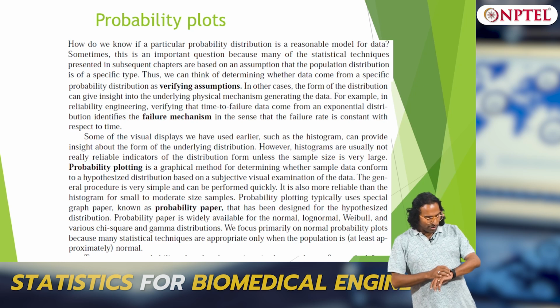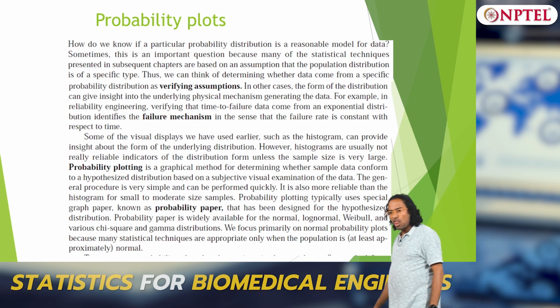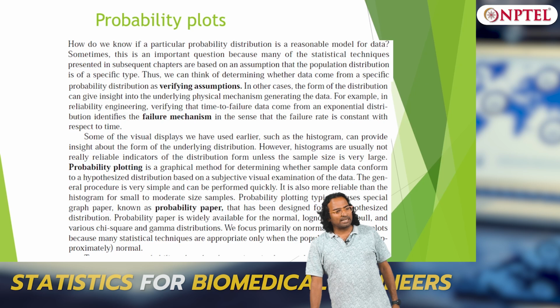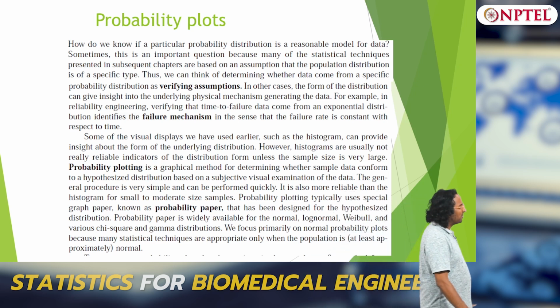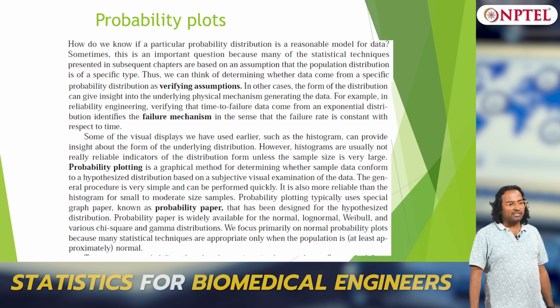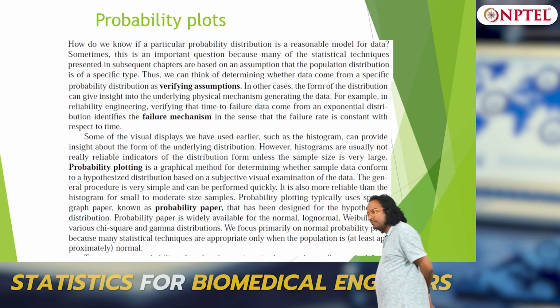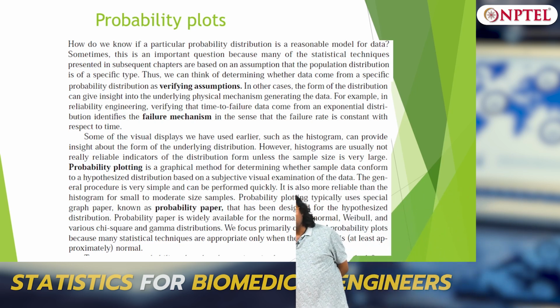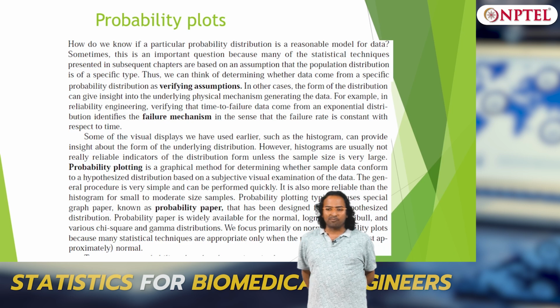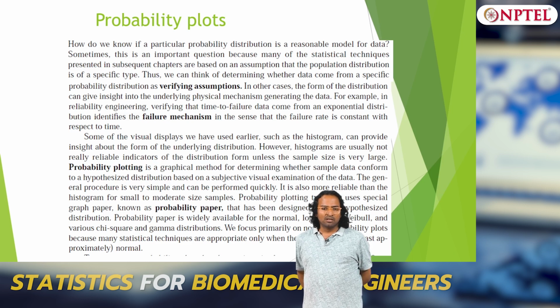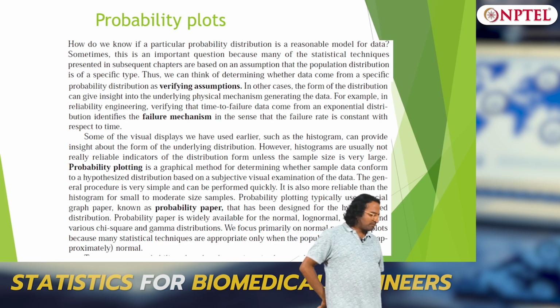Okay. So how do you go about doing it? How do you test that whatever data I collected is normally distributed? How do I test it? If I have a large number of samples, then I can plot the data in a frequency histogram, but what if it is small, or not enough? How do I check?